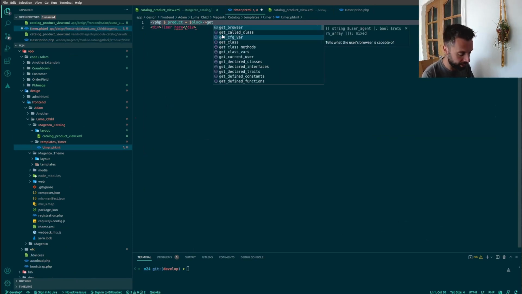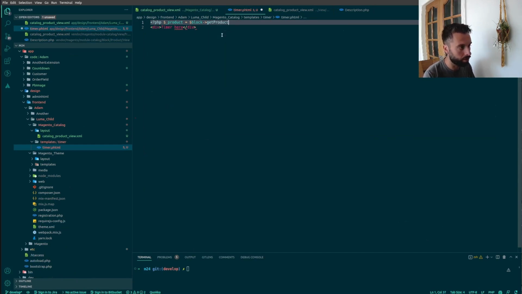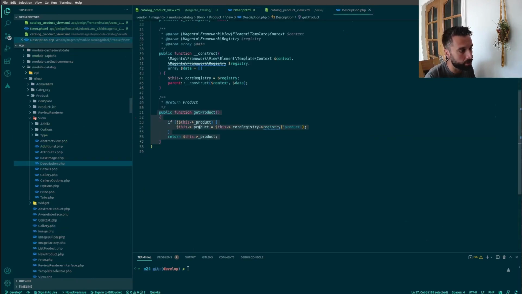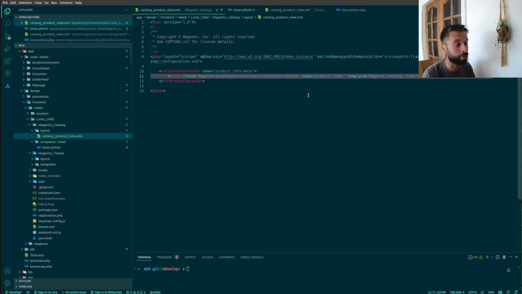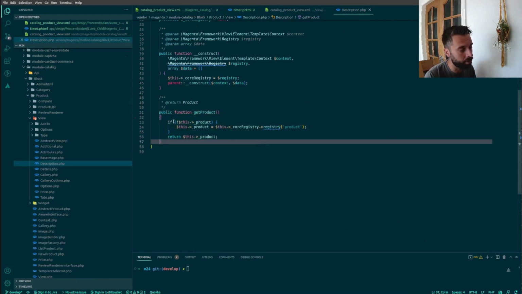And we're going to say getProduct, because we know that getProduct is going to give us the product, right? It's going to give us the product for that current product, in fact, so that it's going a little bit further. That's what it's doing. And you've probably noticed Magento still hasn't updated this, because it's still using the registry,